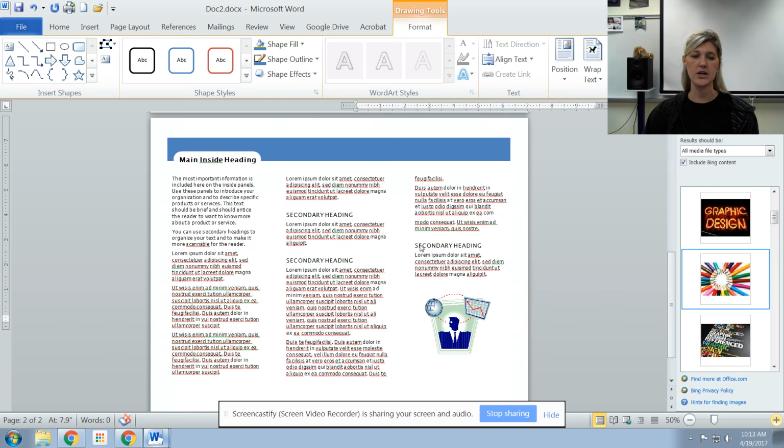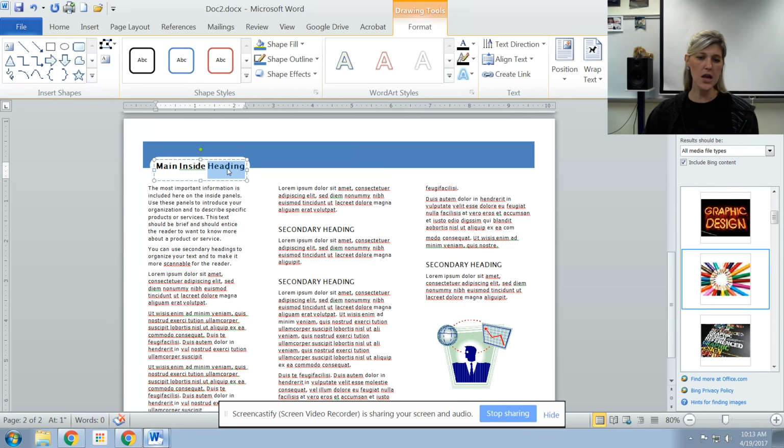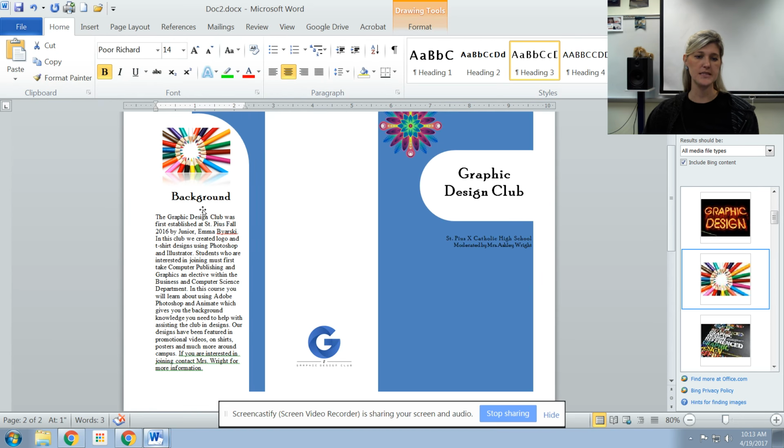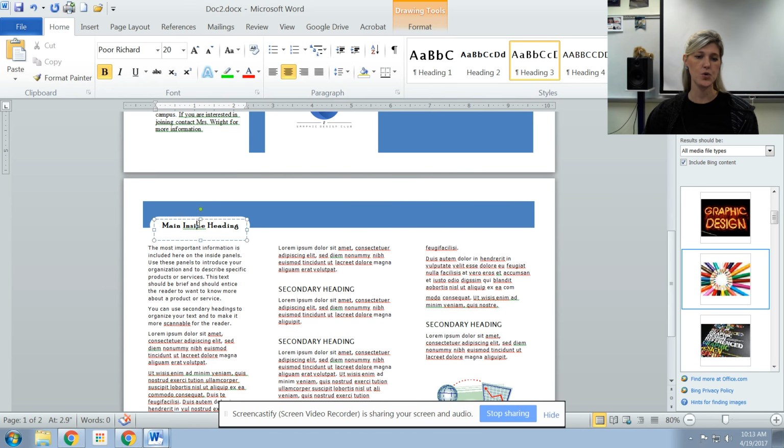So now, I'm over here on the second page. I'm ready for my second title. It should be Poor Richard font. It should be the same font as the one at the top, which is 20. So I'll highlight that, increase that to 20. And then maybe here I'm going to put